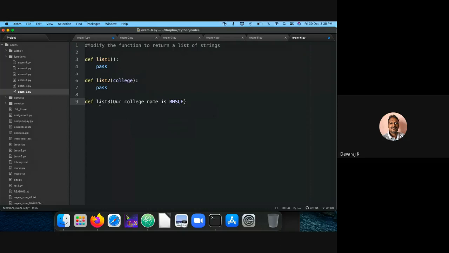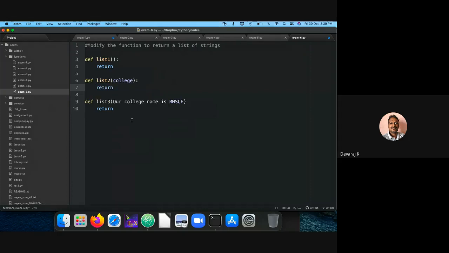Everything else here is a string. So now I should be able to get some kind of a return value here, and here also, and here also.